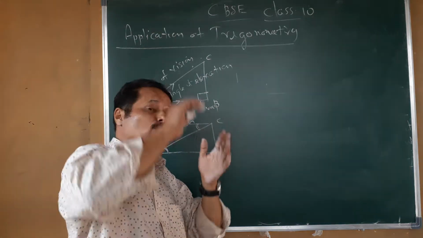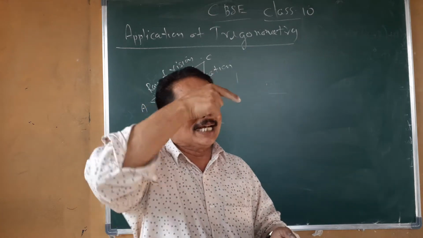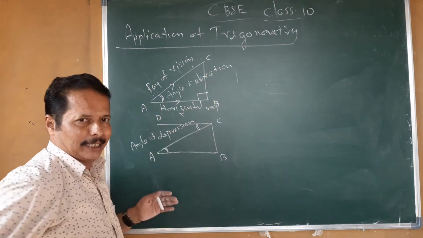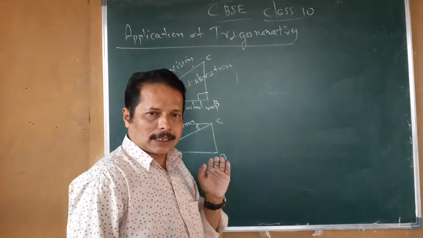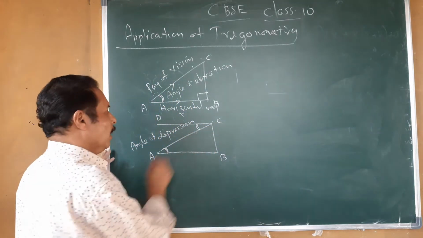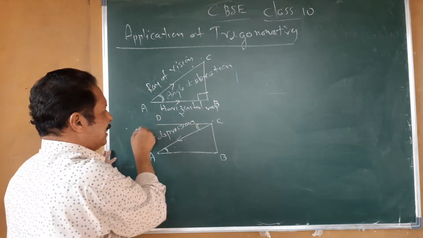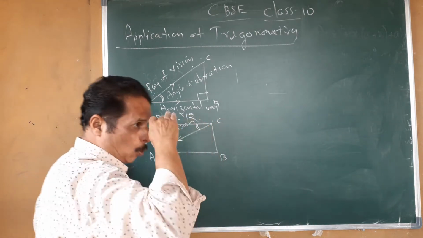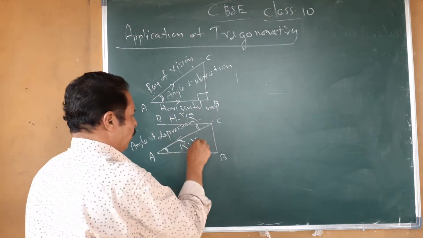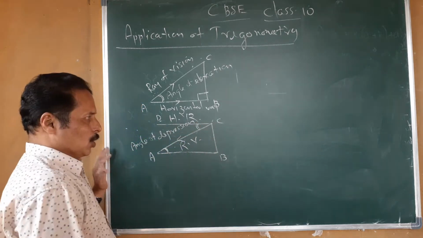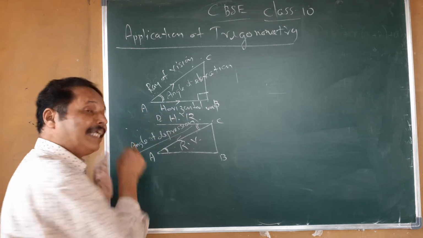If I am looking upwards, automatically my eye goes up. And horizontal means it is parallel to earth. The angle between them is the angle of elevation. It is possible if I am looking upwards. And if I am looking downwards, like this way, this is the ray of vision, looking downwards. And the horizontal ray is here. HR means horizontal ray. I am looking downwards. This is the ray of vision. So the angle between the horizontal ray and the ray of vision is the angle of depression.